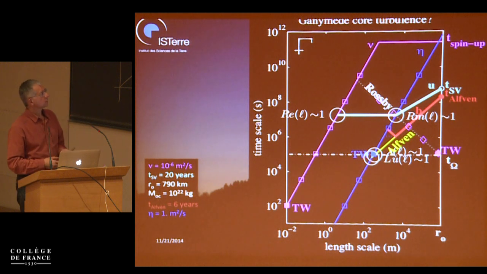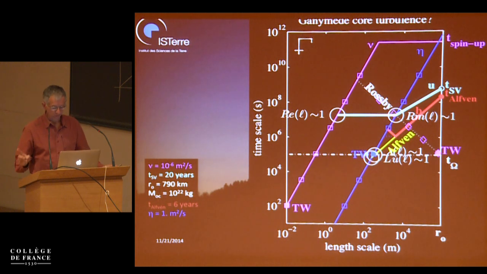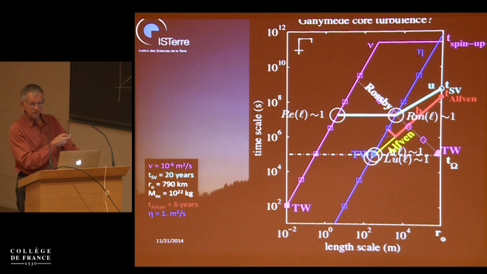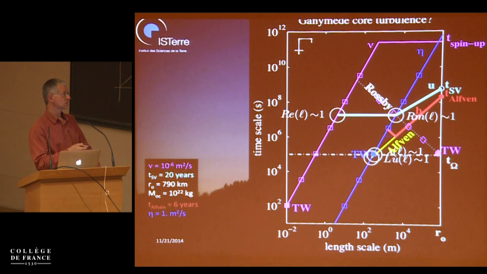So what happens in other planets? I go very rapidly because, one, I'm late, and because I'm probably saying things which are even more fantasy. Yeah, fantasy. I've taken the example of Ganymede, which has a magnetic field, which is rotating rather fast. And when I put numbers which are also very much guessed from the little we know about these planets, it is not incompatible with the scenario I just described.